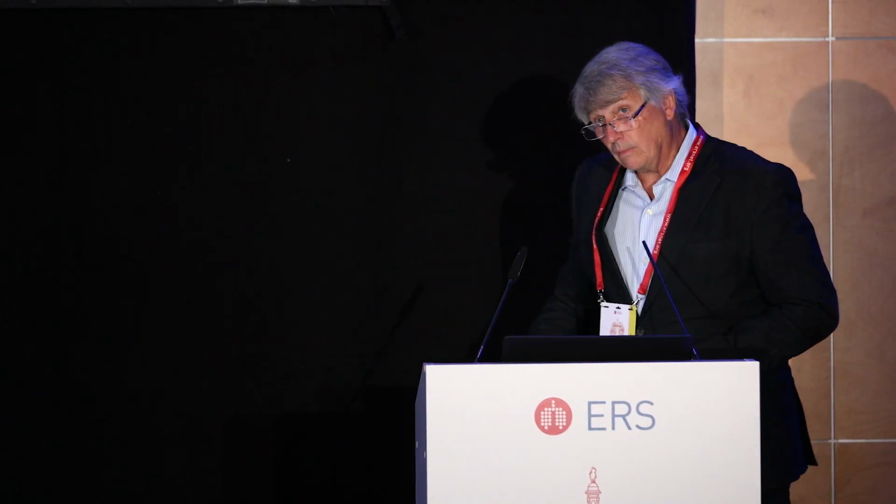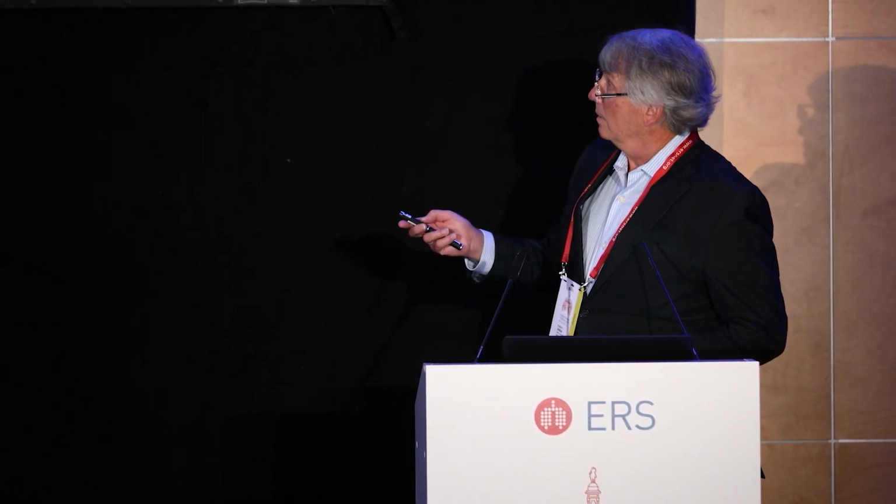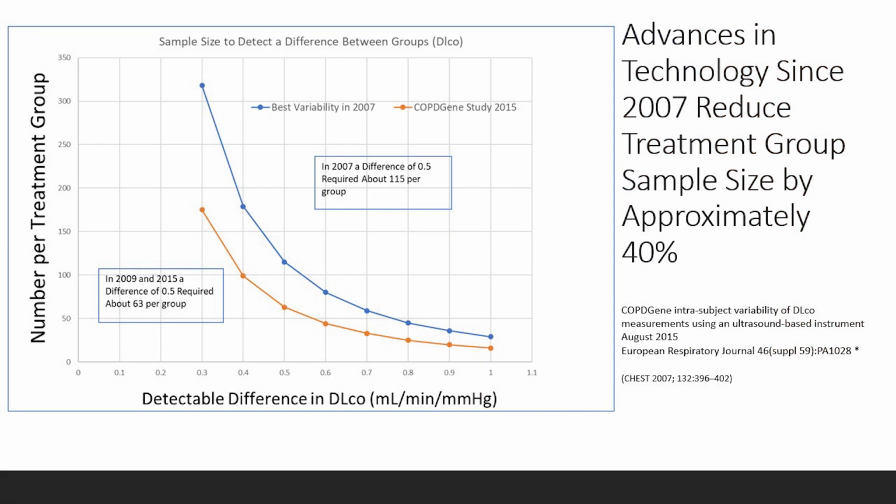Now, since then, technology has been improving step by step. And what we see is that here it is again from the previous slide, basically, the number of patients that are needed to differentiate. And if we look here at the 0.05 level, we can see that instead of around 115 for roughly the best groups in 2007, today, using some of the modern technology,